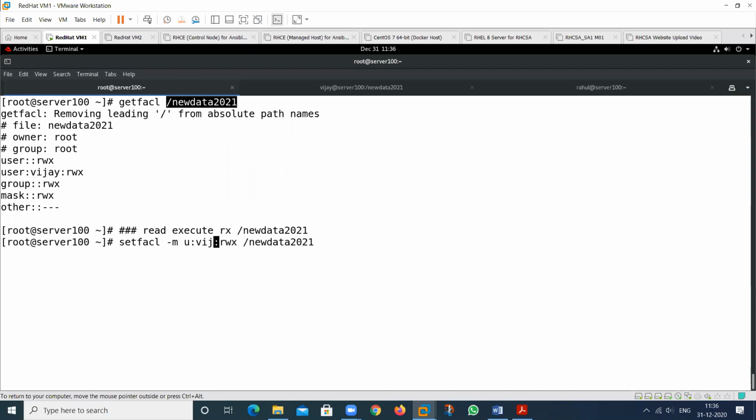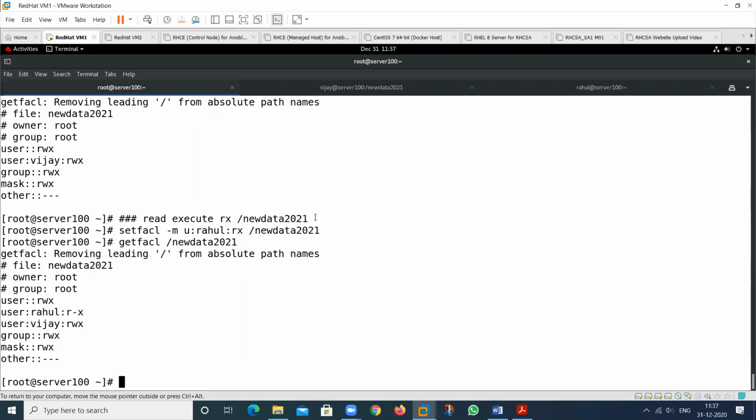So change the name here, Rahul. And which permission do I want to provide? This permission, read hyphen execute. If I use it like this, it is also applied, so you don't need to type the hyphen. Just read execute on this particular directory, then see the result.